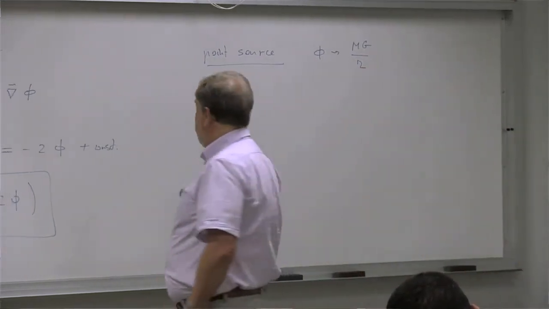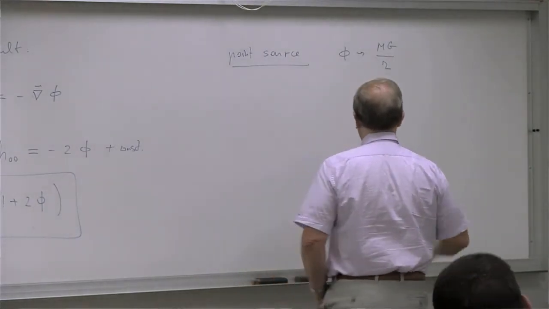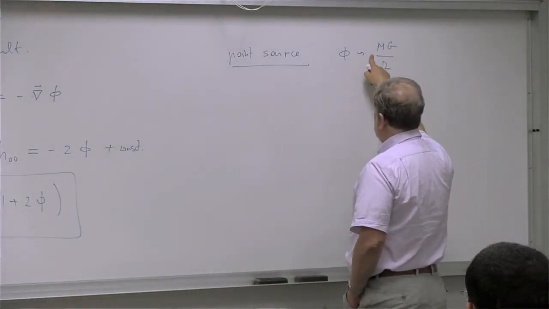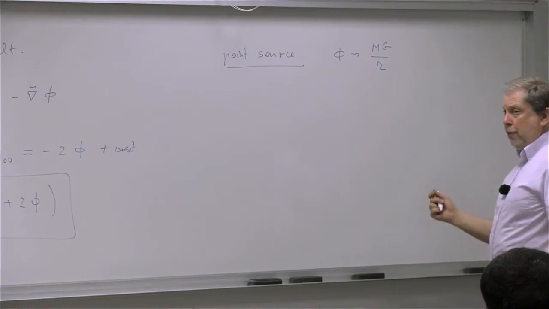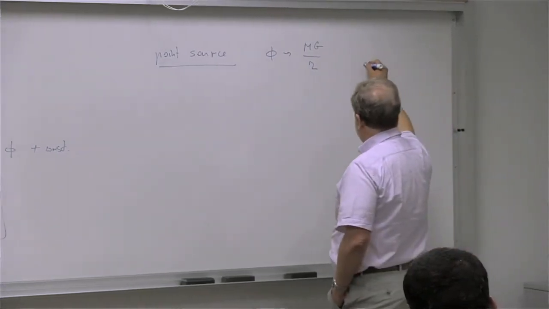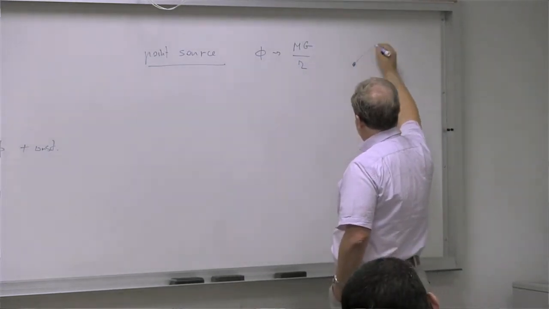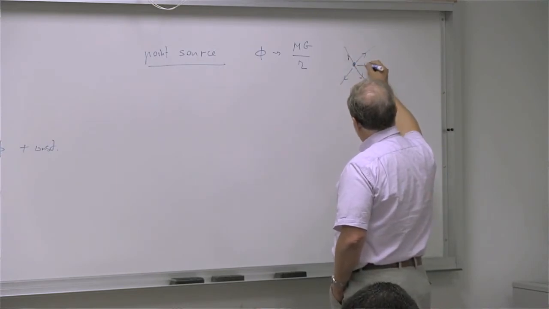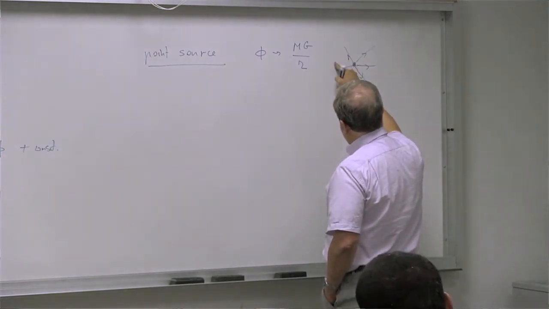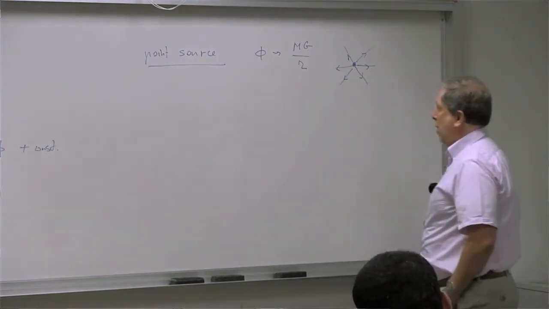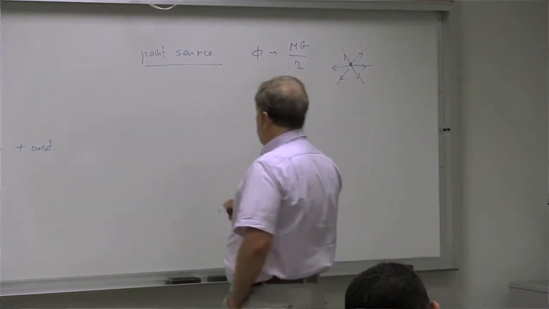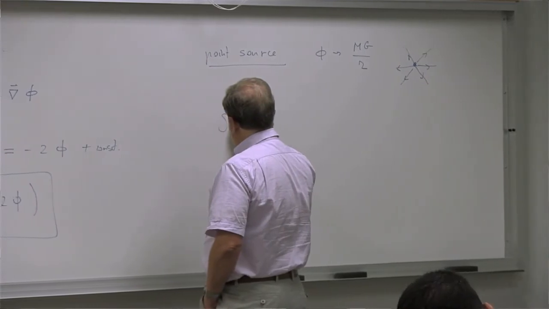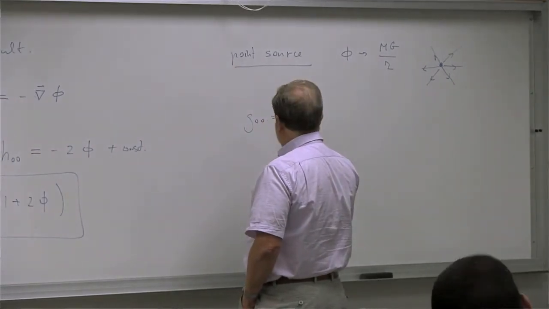Right? Then gravitational potential has this expression. Remember, we take out the mass of the probe, if you want. So if you have a point source at the origin, and there is a gravitational field coming out of that, the strength of the gravitational field is given by the gradient of that thing here. So if we have simply a point source, then G naught naught is equal to minus